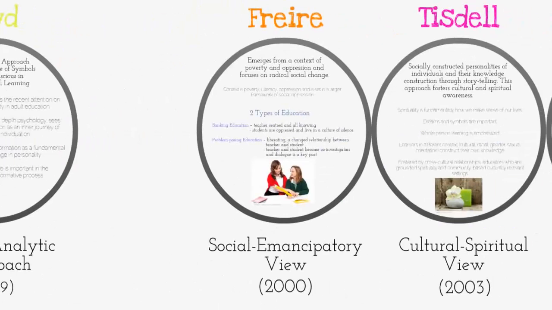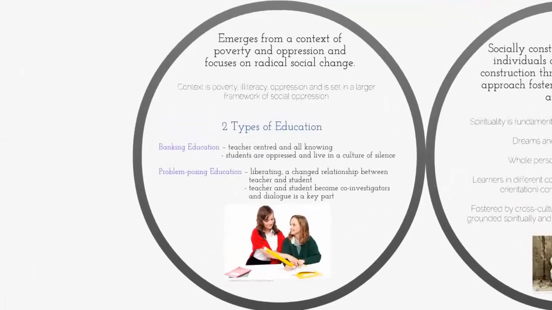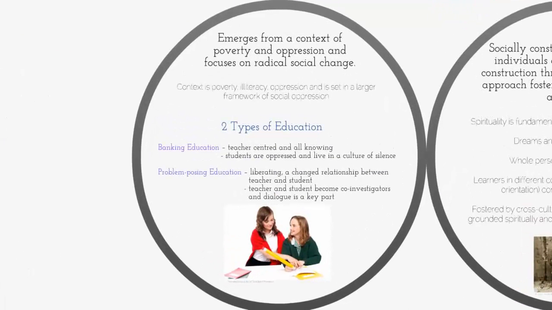Freire's was a social emancipatory approach where you want to take social action, and his work as a Brazilian educator emerged from working with farmers in the mid-20th century. The context was that poverty, illiteracy, and oppression were part of a larger framework of overall social oppression. So he had a couple of terms: banking education, which was totally teacher-centered,